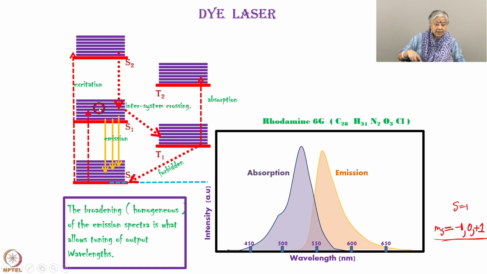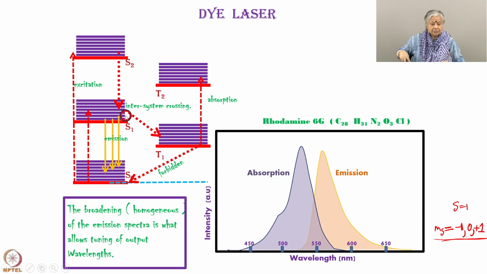And these can get excited to all these roto-vibrational levels, and they relax back into almost the lowermost roto-vibrational levels of the S1 state, the lowermost of the electronic level. Even from here it will tumble down through these rotational levels. So, I have the excitation from here to here, and then they tumble down here, non-radiative of course, and then you get this emission. These are the emission lines where you get the light.